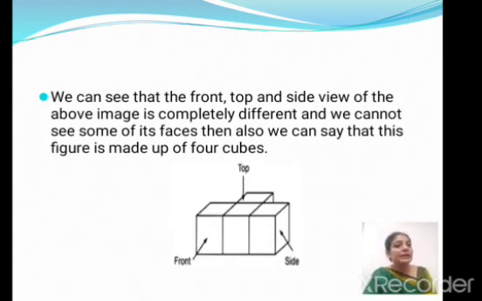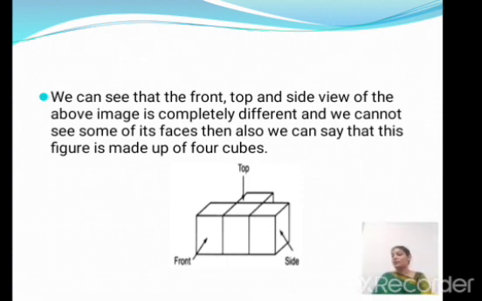Now we can see that the front, top and side views of the above image are completely different, and we cannot see some of the faces, but still we can say that this figure is made up of 4 cubes.